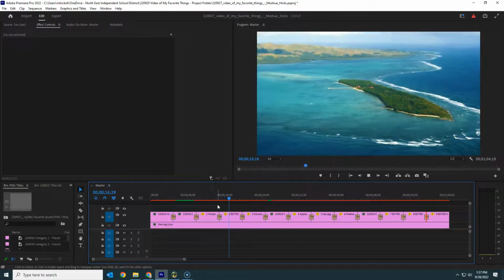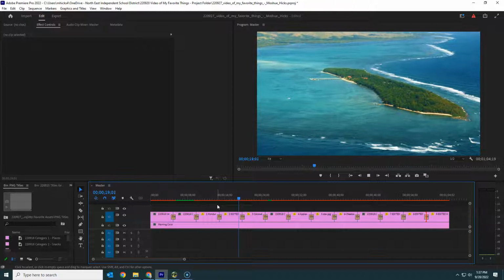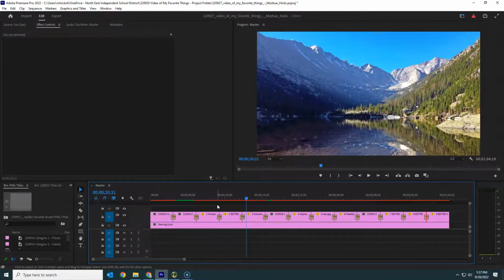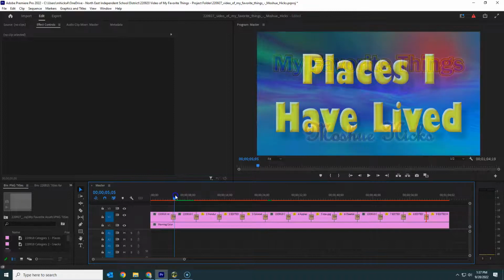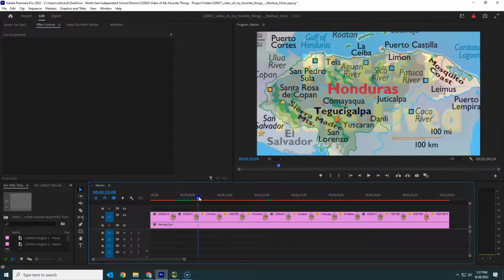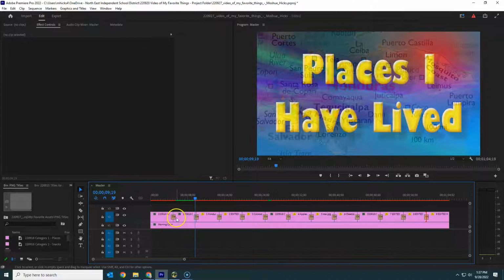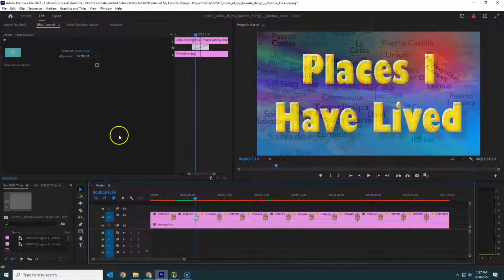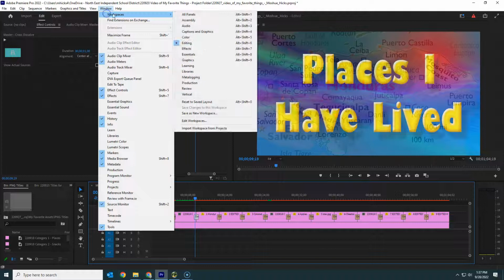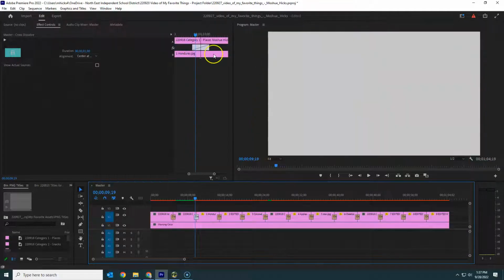Now, cross dissolve is only one of the transitions that we have. So if you want to go a little further, you have everything else done, then we can certainly explore some of these other transitions. So I'm going to keep that one as cross dissolve, but this one right here, when I click on it, it has some very simple controls, just how long it lasts and that it's centered right at the cut there. I'm going to go to my window workspace and switch to the effects workspace to see